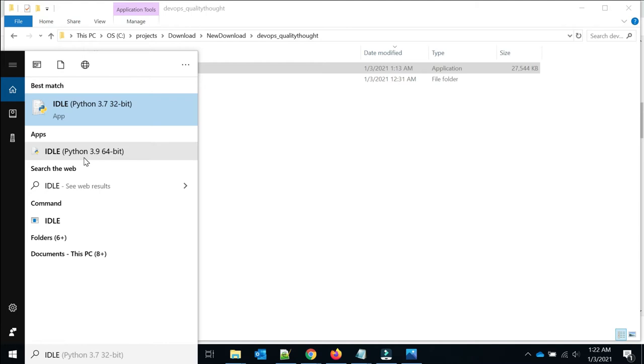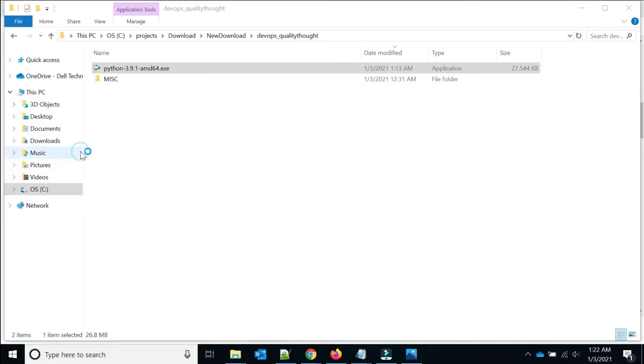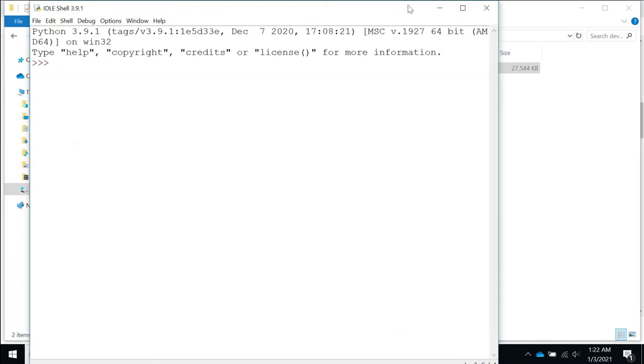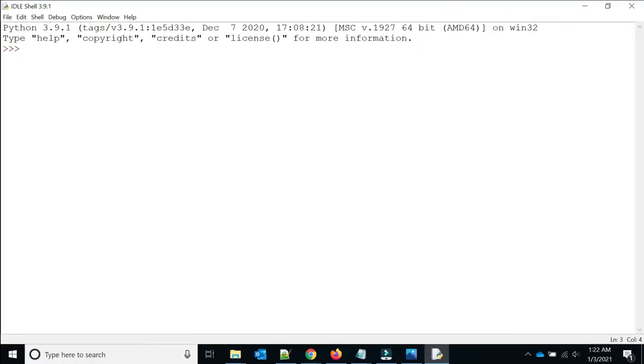Now it is showing IDLE Python 3.9, which I have installed recently. Just click on this one. Now you can see this is the Python prompt or Python script. Here it is the Python shell, where we will practice all our Python code.